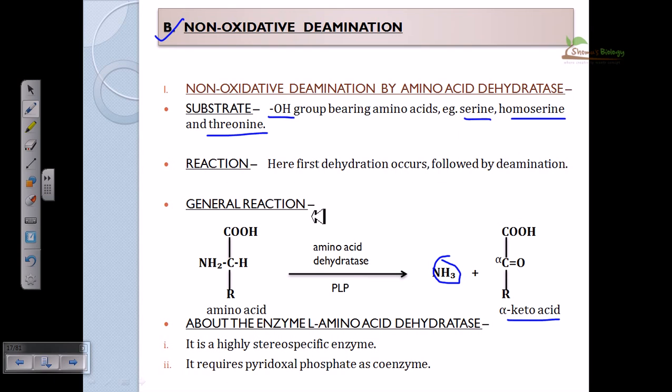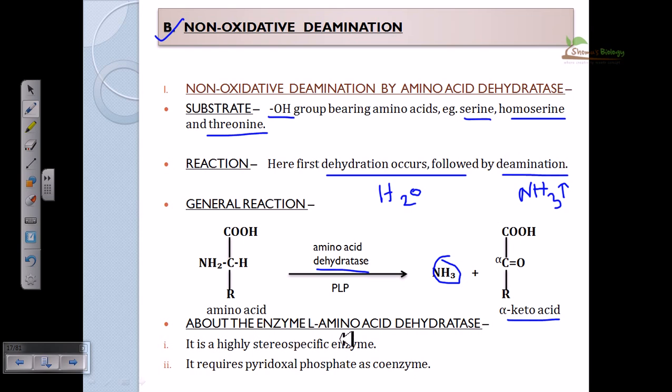Otherwise this enzyme cannot function, because the enzyme which will act on it is called the dehydratase. As the name suggests, dehydratase will leave this water, it will leave this OH group, and along with that it can produce this ammonia, right? The enzyme acts in two different steps. First is the dehydration, which is the leaving of water, and the second step is the deamination, that means the leaving of ammonia. So the first step generates water, and the second step generates ammonia. Okay, so all the deamination reactions are of two types, remember this.